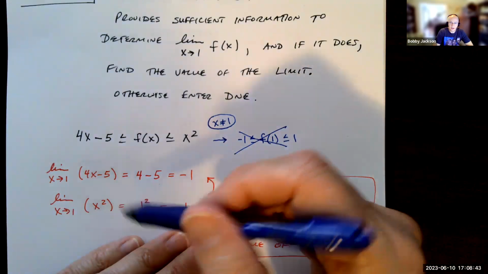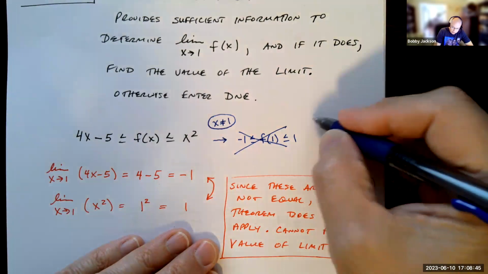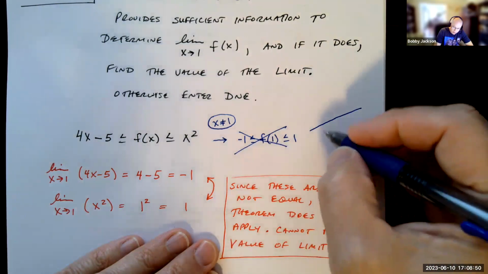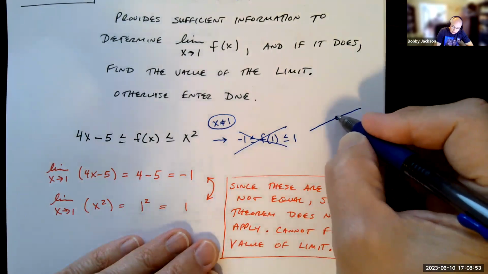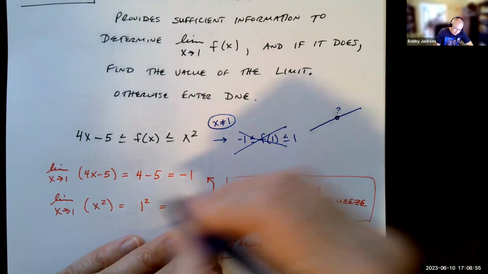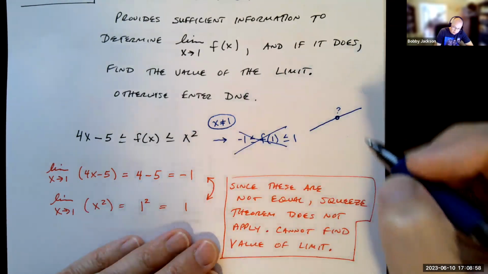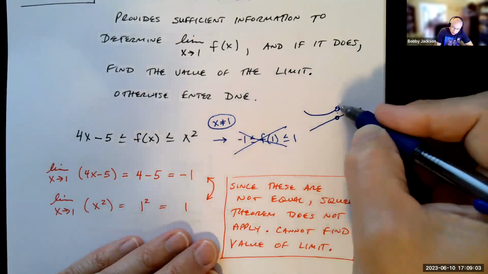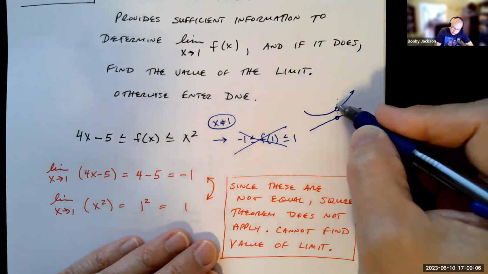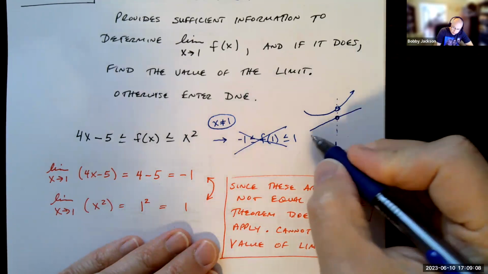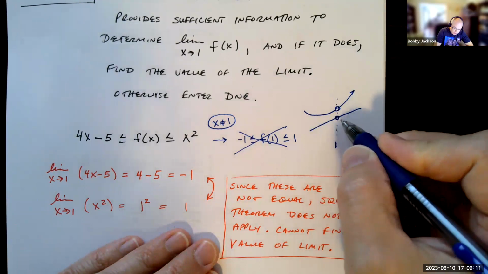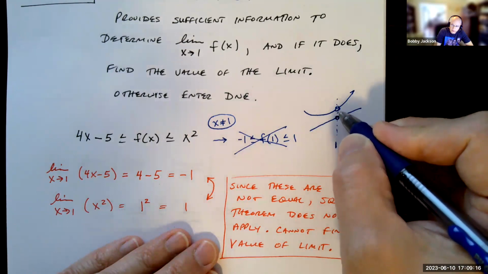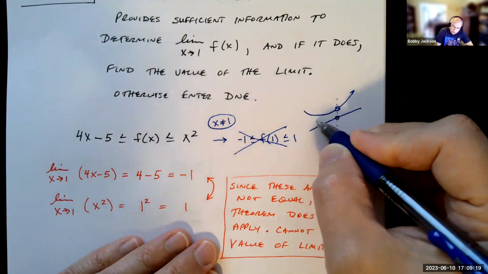You've got this function 4x minus 5, which is approaching, that's a line of slope 4 or whatever. And right at x equal 1, I should put, I don't know what's going on there necessarily. And then this is a parabola that's opening upward here. And so, what's happening, I'll just put a hole there as well, right at x equal 1, right? The one function's approaching negative 1 and the other function's approaching height of 1. So there's a gap of 2 units here, and our function is in between these two, so we don't really